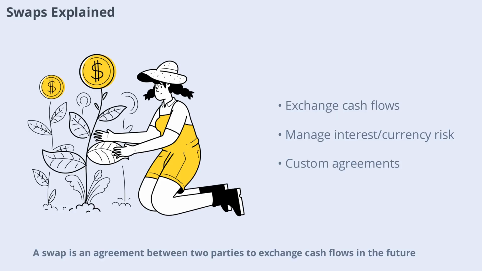A swap is an agreement between two parties to exchange cash flows in the future, based on a prearranged formula. Swaps are often used to manage risks related to interest rates, currency exchange rates, or commodity prices. In a typical interest rate swap, one party pays a fixed rate while the other pays a floating rate. In the forex market, swaps can involve exchanging principal and interest payments in different currencies, helping companies manage both currency